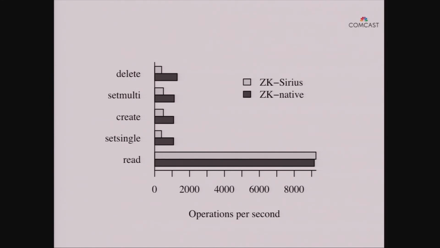Which is like, okay, it's a factor of 2 off, but since we didn't spend a lot of time really trying to optimize the performance here, that was okay. And again, throughput isn't super critical. We don't need tons and tons of throughput. More would be better, certainly, but we got enough for what we were trying to do. Of course, on the read side, Sirius is just reading out of local memory, as is the regular Zookeeper. So that's what you want, except you get to read out of native data structures instead of trying to figure out how to navigate nodes through